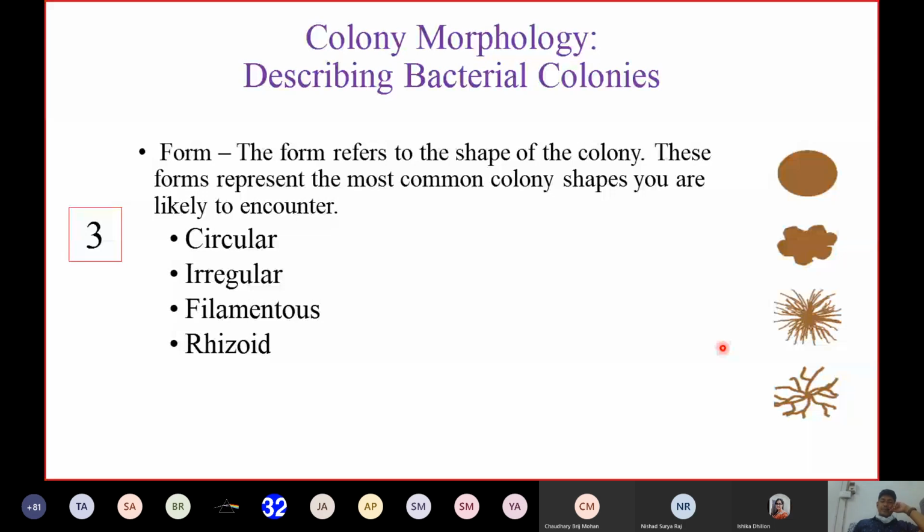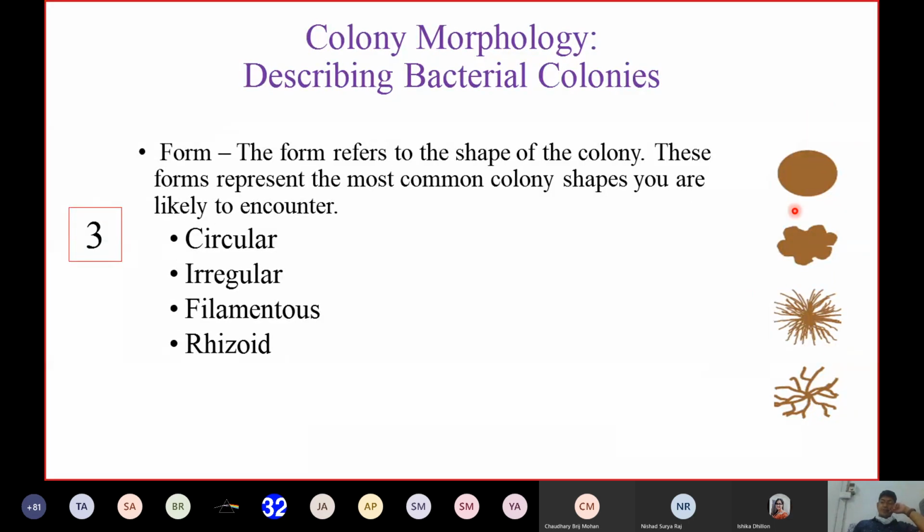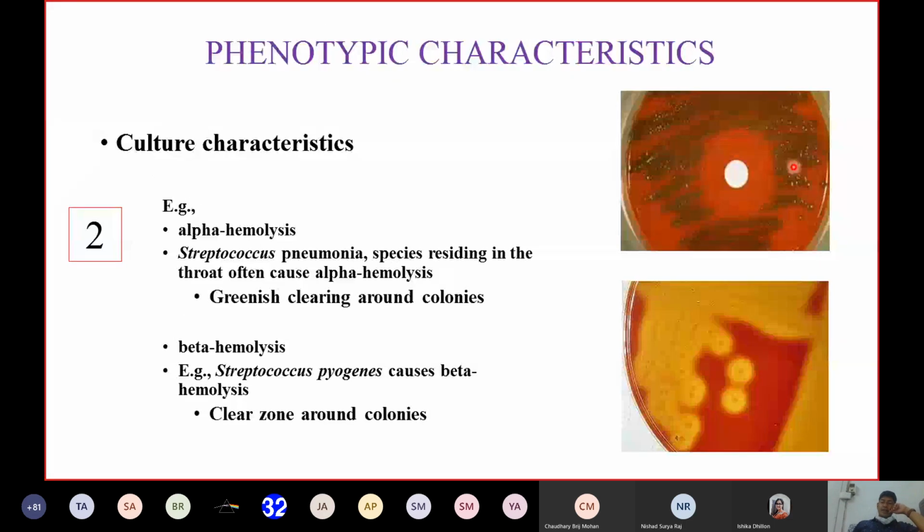But remember, these are individual colonies: 1 colony, 2 colony, 3, 4, 5, 6, 7, 8 colony. So when we are seeing the colony morphology, we need to see individual colonies, not in a bunch. Here in this area, if we have to describe the colony morphology, we have to see this kind of separate colonies. You can see here separate colonies, 1, 2, 3. But if you see the group, then you cannot say whether they are regular or irregular. We cannot say anything. So while describing the colony morphology, we need to see individual or separate colonies.